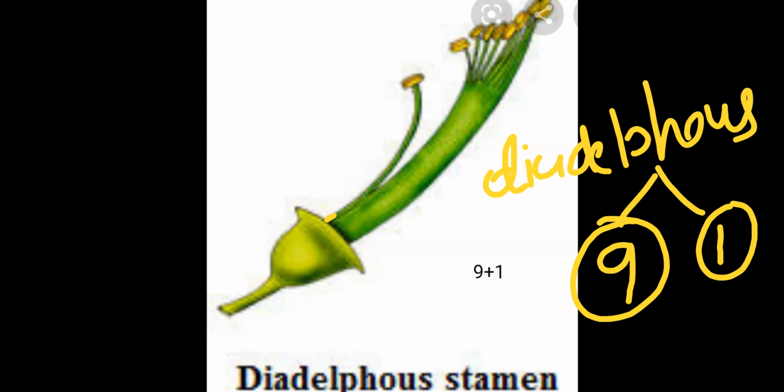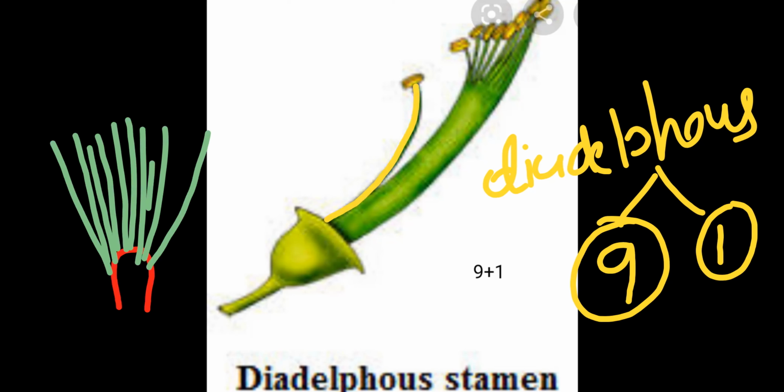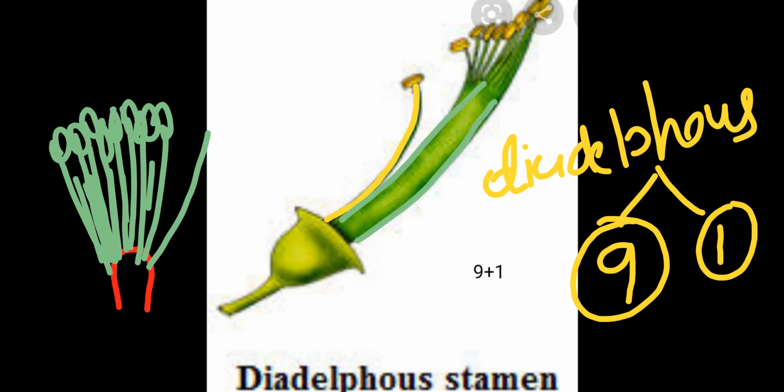If we can make out over here, just imagine initially over here on the thalamus, a total of 10 stamens are present. 1, 2, 3, 4, 5, 6, 7, 8, 9, and 10. So these 9 stamens are fused with each other. Their filament parts all fuse. It will make one structure. Just the tip part remains free, on which the anthers are present, and one that is totally free stamen.